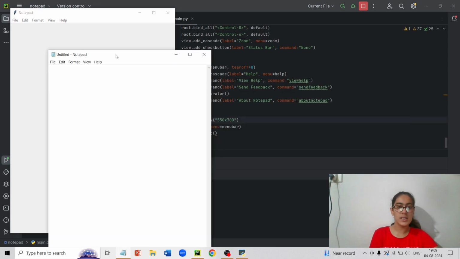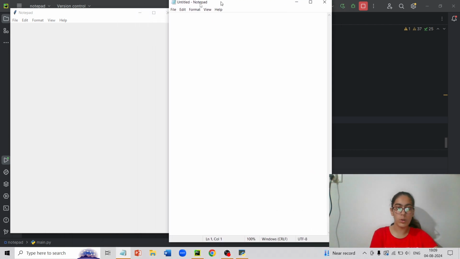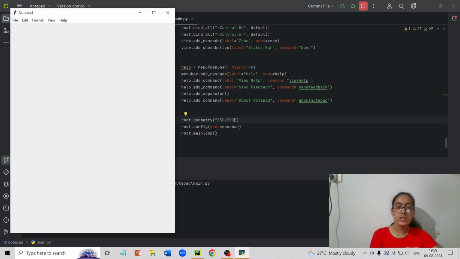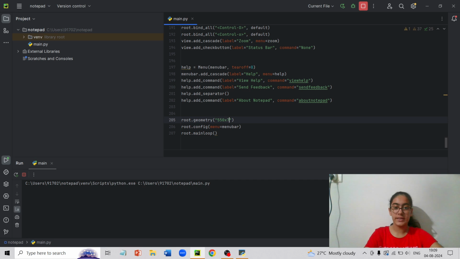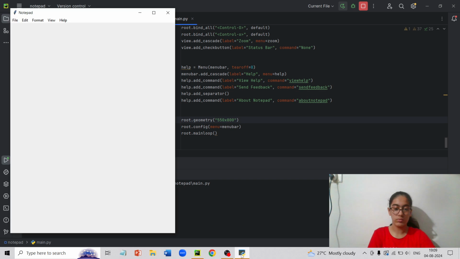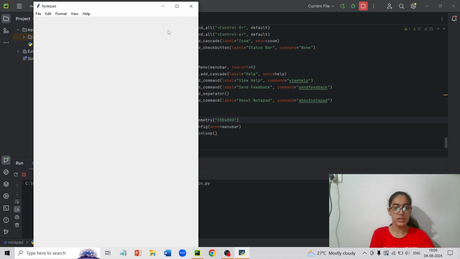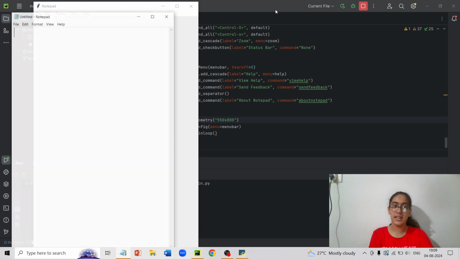I'm sure it is similar, but it isn't quite what we want yet. The length is okay. We need more for the height. So instead of 700, let us put in 850. It might go too much, so let's just try with 800. Here we go, we have a notepad exactly like our original one.